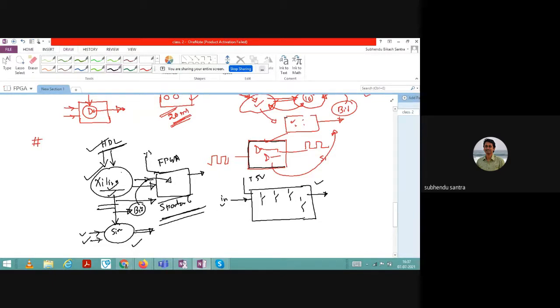Whenever you write this, the bit file will be generated, and it will assign some pins to be input and some pins to be output. Let us say A is the input and Y, which is A bar, should be the output. When you generate the bit file and dump it, the bit file is basically a binary file, 0 1 0 1, this kind of file it will internally generate. When you dump it to this particular board, that means when you flash it, this flashing is different from microcontroller flashing. It will store in the RAM.